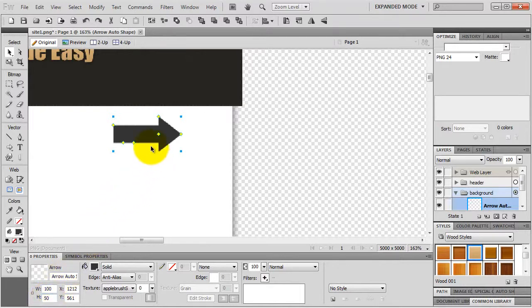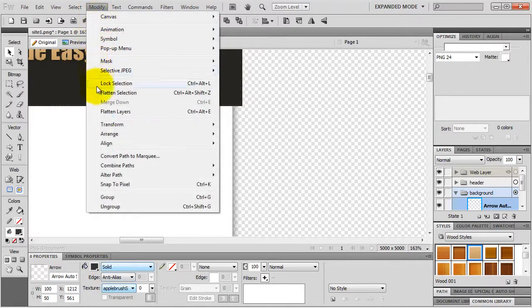resize vector objects, you get this little anti-alias edge. If you want to get rid of it, you can either change the edge to hard down here at the properties panel, or you can go to your modify menu and choose snap to pixel. It's going to handle that for you, but I'm not going